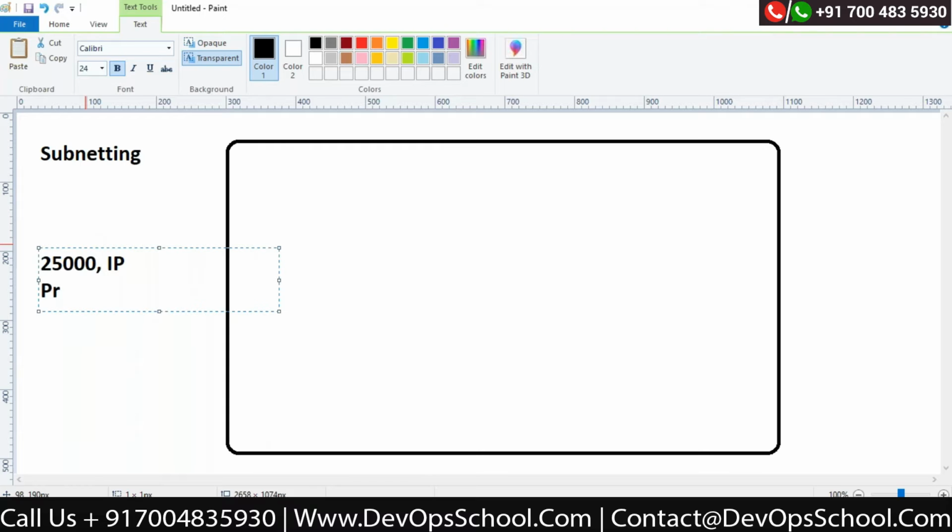Obviously, I should use private IP addresses, because for public IP addresses I need to pay for every IP address, and for 25,000 devices it won't be possible. So class B is the IP address class. We know the range is 172 dot. Either I can use this network up to this.